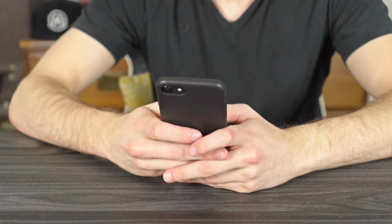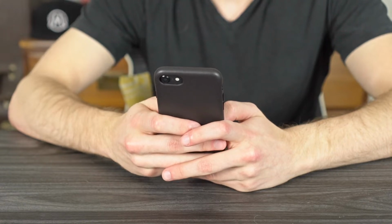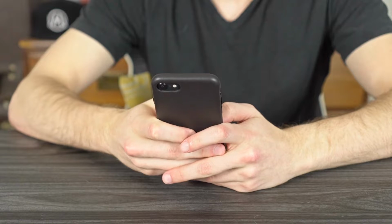So as far as performance goes, how was the performance? Performance was phenomenal. Okay, so they've got the A13 chip in here, the same one as is in the 11 Pro or the 11 Pro Max, for $450 I got this phone that's got the latest chip in there. That's why this thing's going to be such a powerhouse. And I think it's going to live for many, many years as far as the longevity of this guy goes,